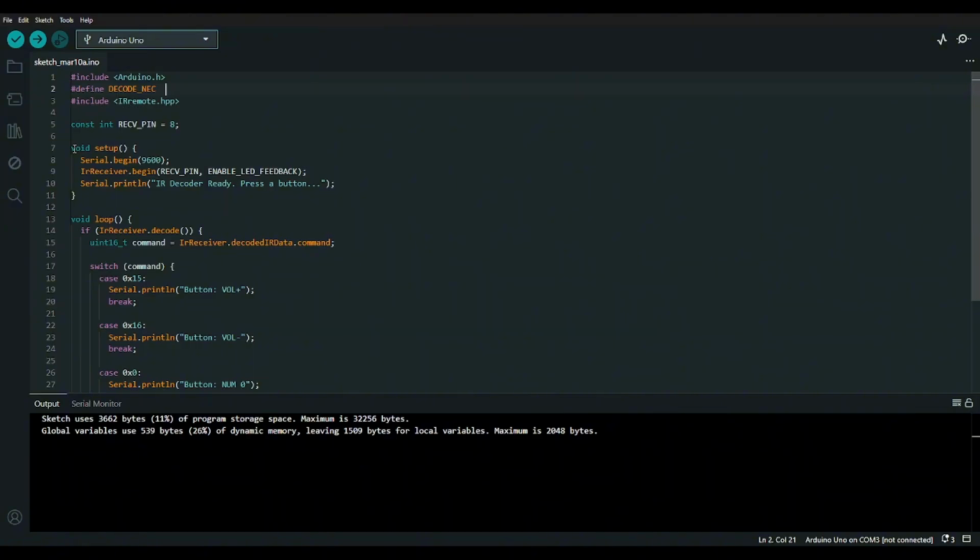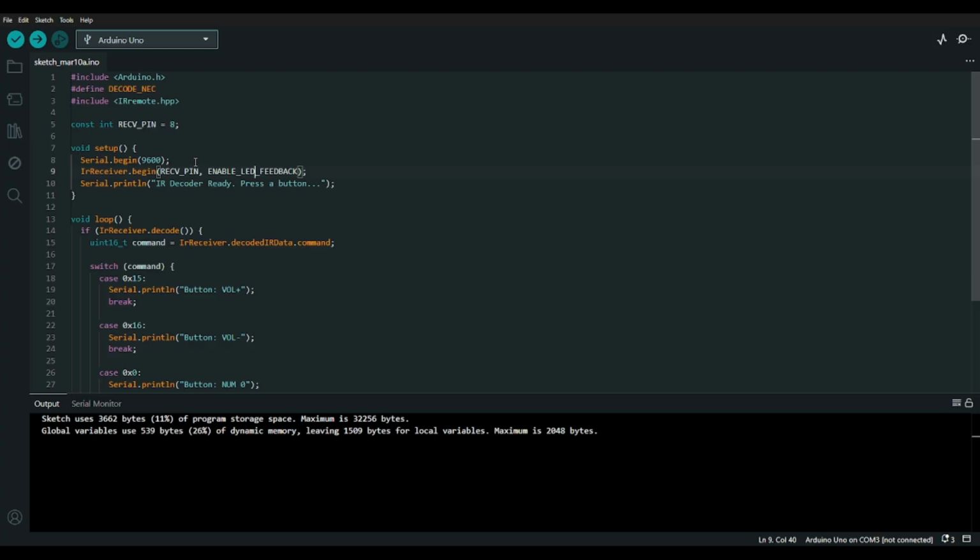And we have the void setup function here. So this starts once the Arduino Uno receives power, and it begins with Serial.begin 9600 baud, and it also calls IrReceiver.begin.